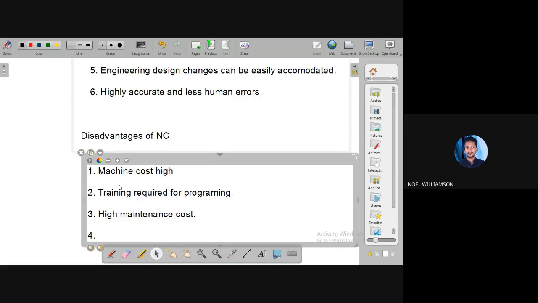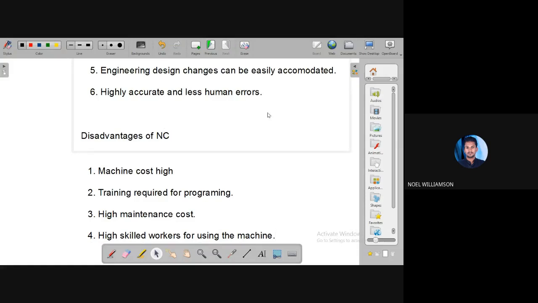You should have highly skilled workers for using the machine. So these are the main disadvantages.